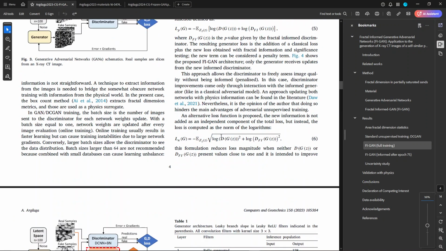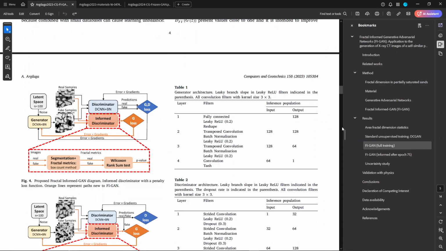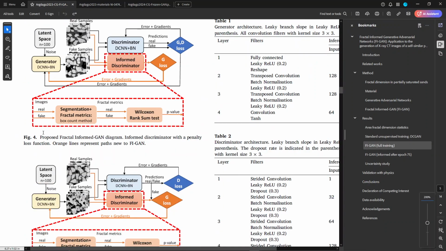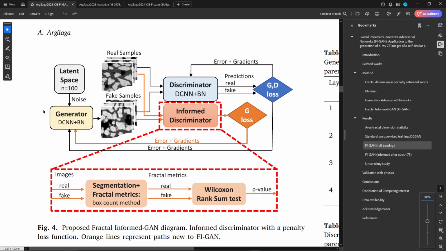Okay, these are the equations for the loss function for this adversarial game. We will not spend too much time on this. So what to do to force this adversarial game to go towards a nice equilibrium that makes the images look like the real images, but in addition they also have the physical properties that are correct, or in other words, that cannot be distinguished from the real physical properties, statistically speaking. So what we do is to enrich the model